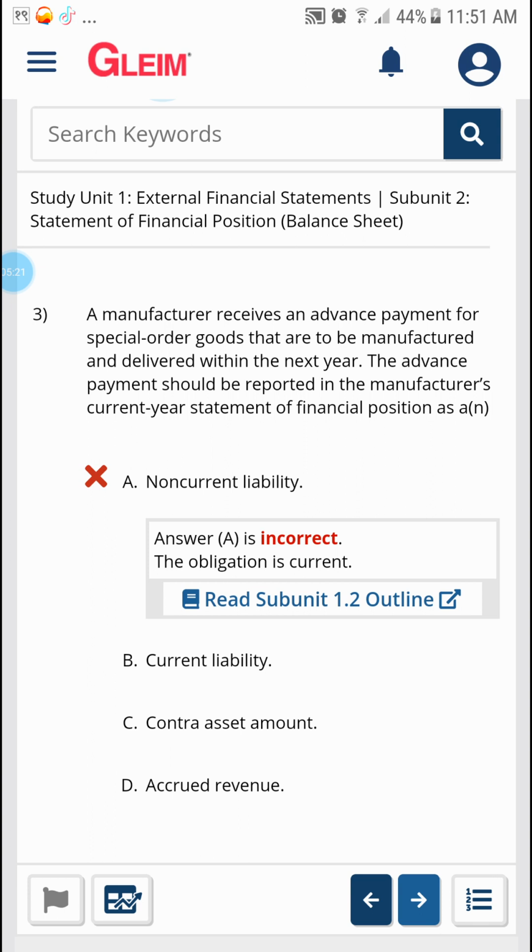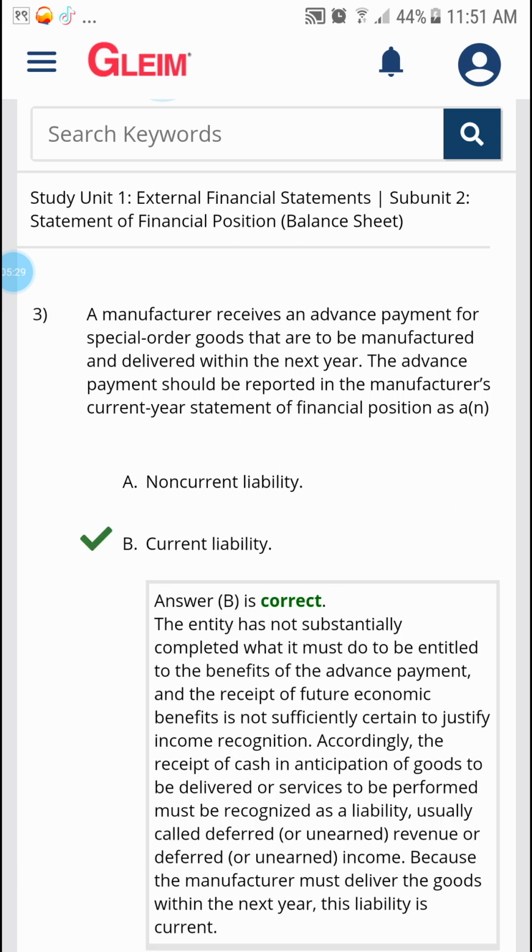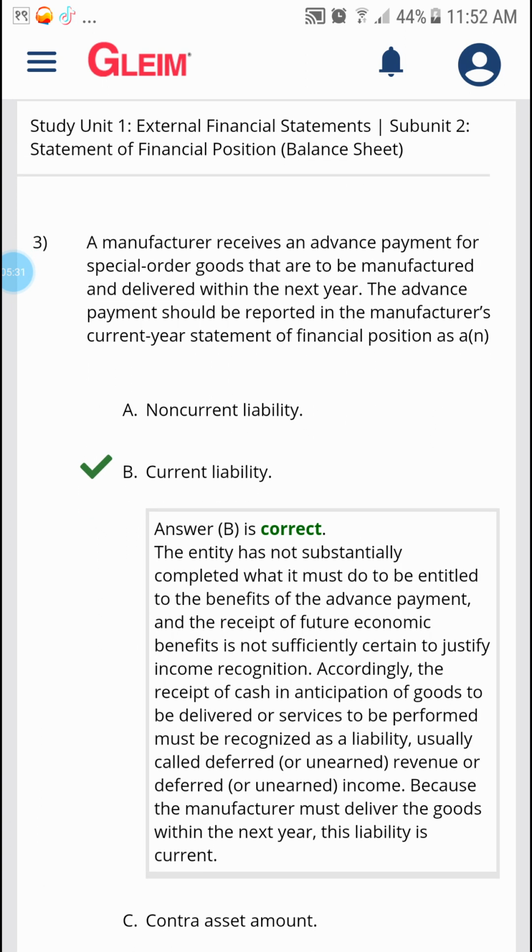Okay, here it is saying that the obligation is current. So if the obligation is current, it is not non-current, so that is not the right answer. Current liability is the right answer. How did it come to be a current liability? So here we can see that